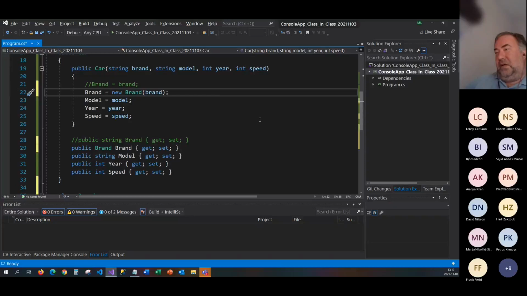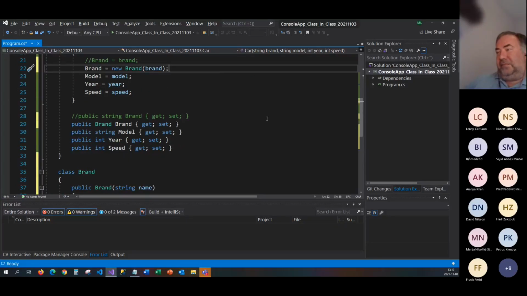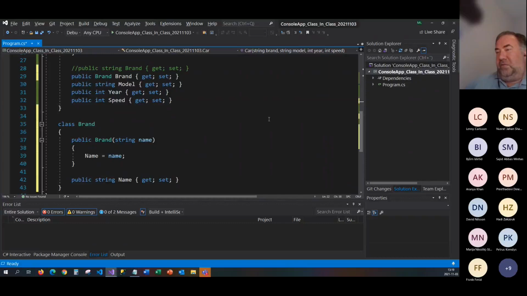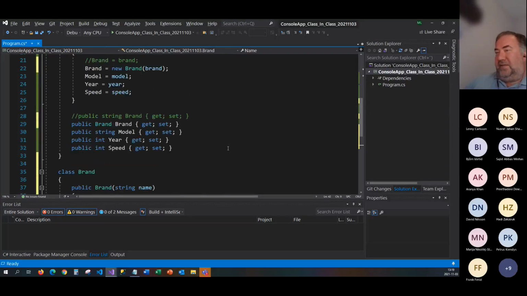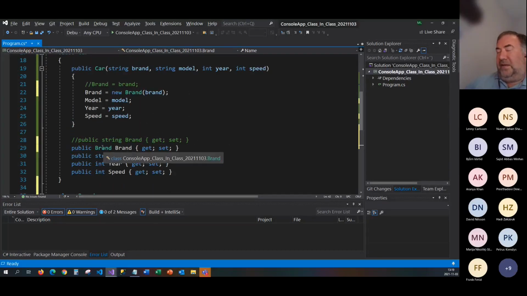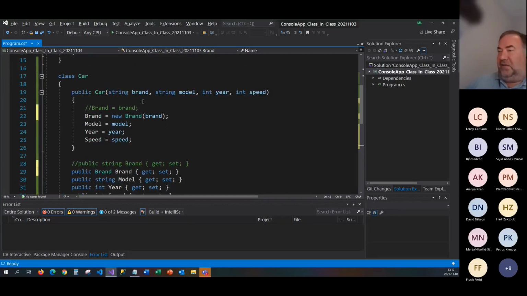So what happened here? We created one more class. So we have the Brand also here, and this is only having one property, and it's name. It's the name of the brand. And we're going to use it inside the Car class. So I replaced the property of type string, and I changed it to use the Brand class instead. But to be able to set this value, you need to create in the constructor